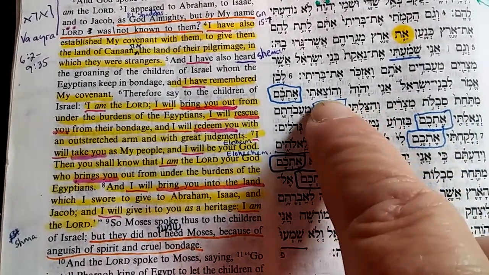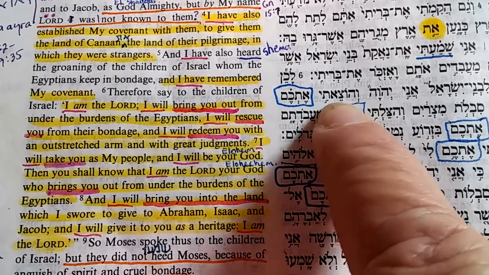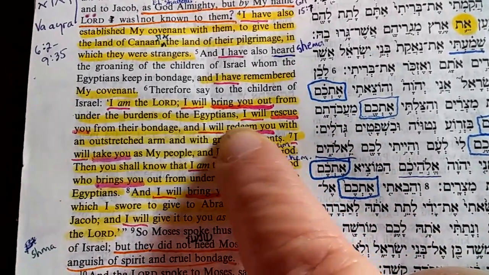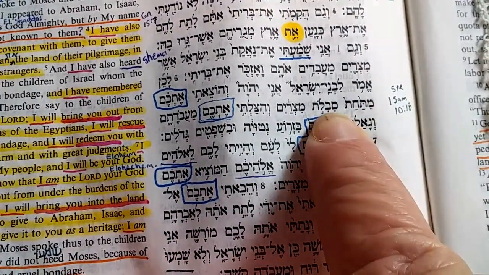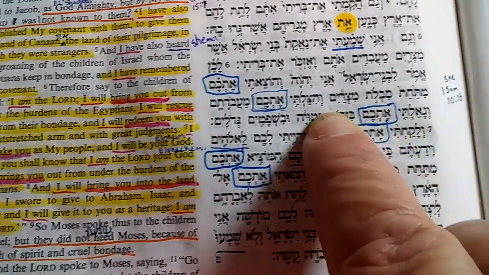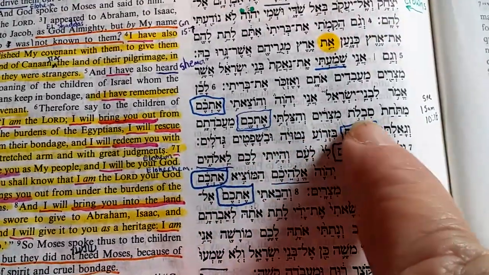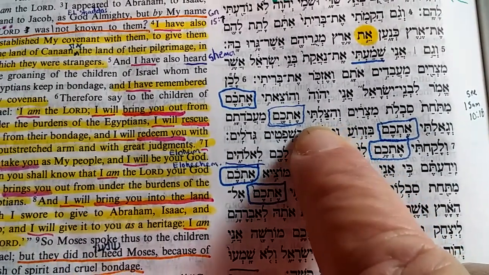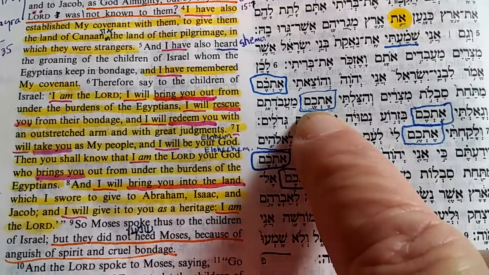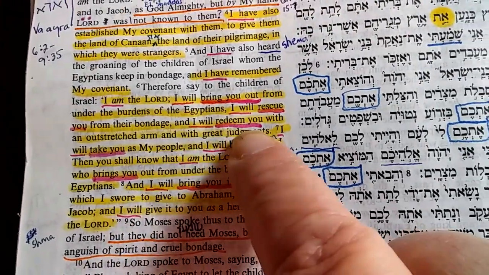Here's our Ani Yahovah, and I will bring you out, Vehotzeti etchem, and I will bring you out under my hand, covering you, as in protection, from under the burden of the Egyptians. Mitachat sivlot, from under. Tachat is under, and sivlot. Then he says, I will rescue you from their bondage. Well, then we have Vehitzalti etchem, and I will rescue you, as in with his outstretched hand, from the bondage. And then he says, and I will redeem you,